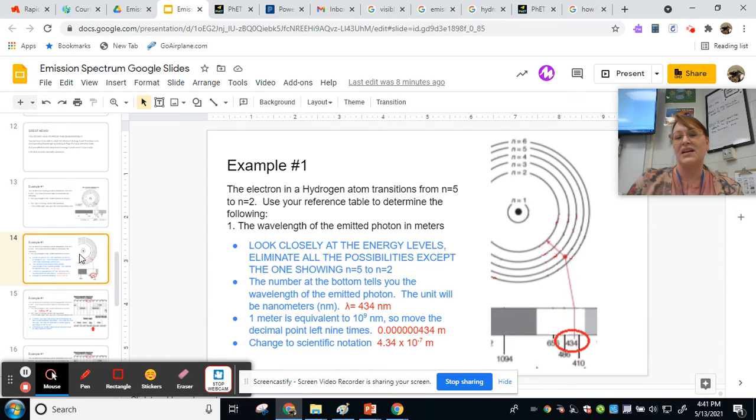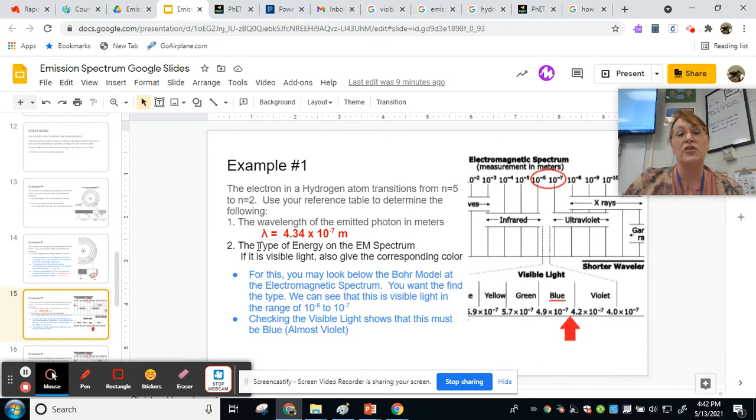So we'll put that into scientific notation, and we get 4.34 times 10 to the negative 7. And hint, hint, y'all, just move the decimal 2 times and add the times 10 to the negative 7. And that converts it to meters for you. Okay, so the first part of my answer is the wavelength of the photon emitted when the electron transitions from n equal 5 to n equal 2 is 4.34 times 10 to the negative 7